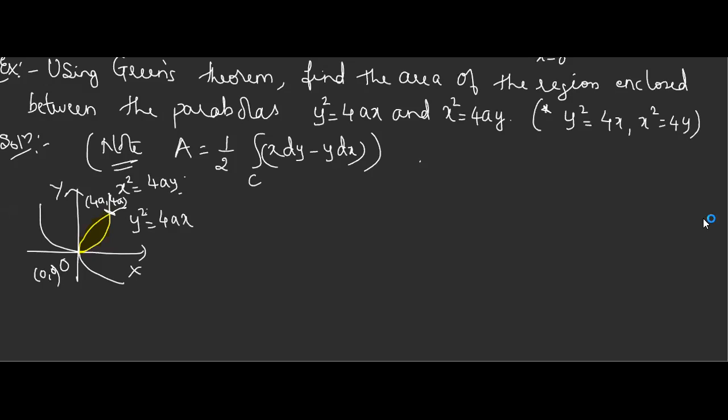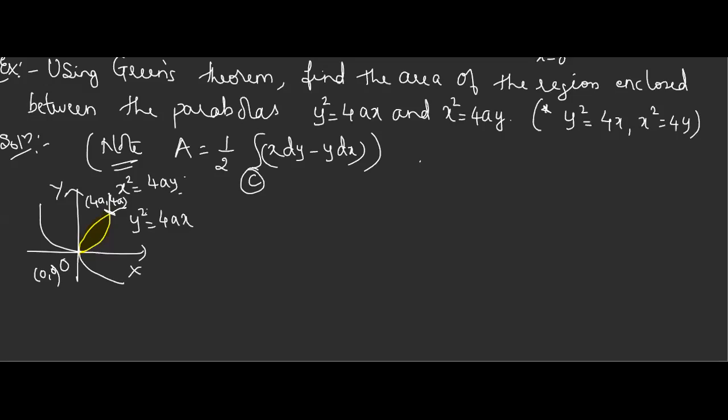Now let us go ahead and solve it. Now here, if you just see this region, this is the closed curve. I can say this is the closed curve C. Closed means when you start from this point, you should end up here only. So this integration, what is C? I have to start from the origin and I have to come back to the same point.